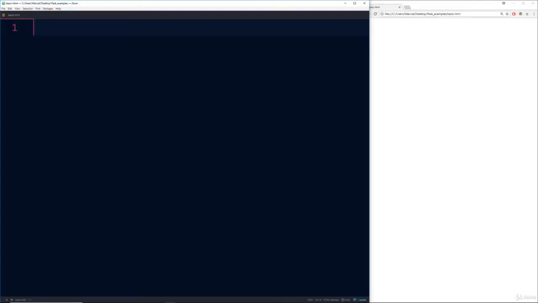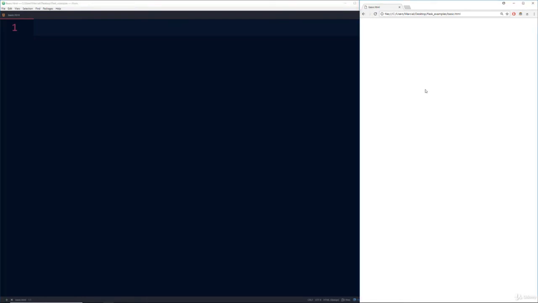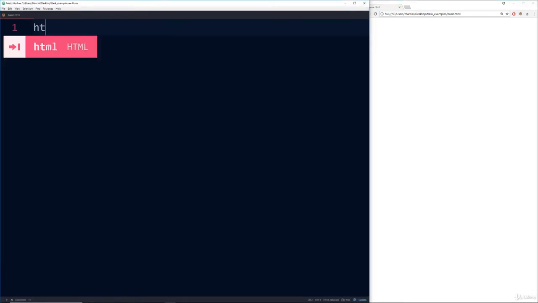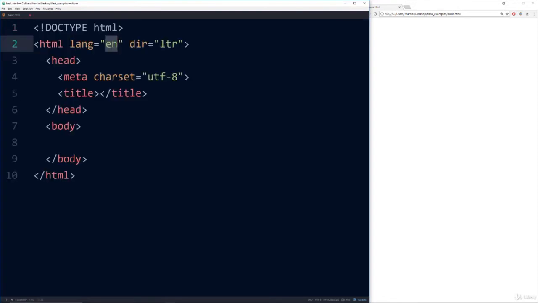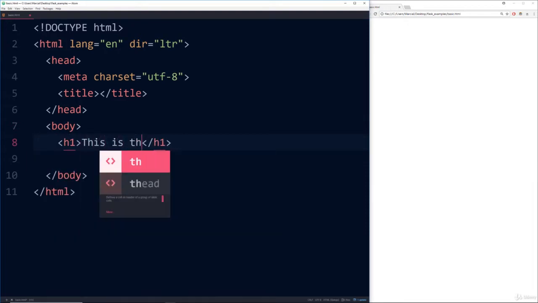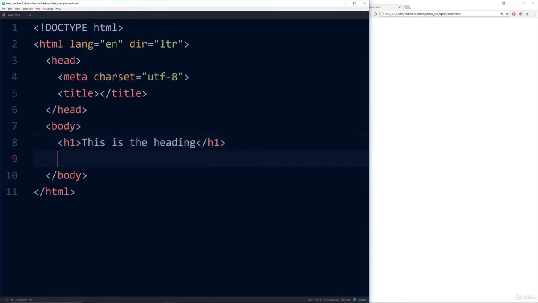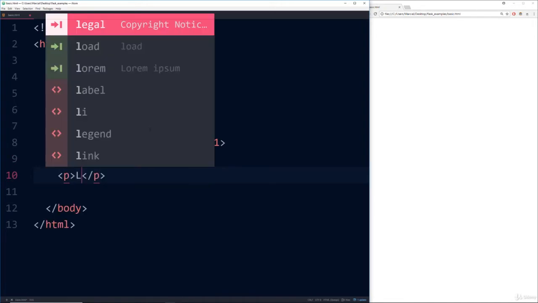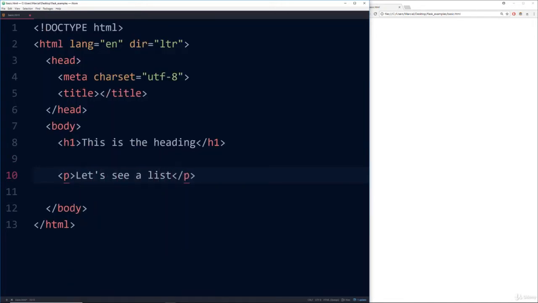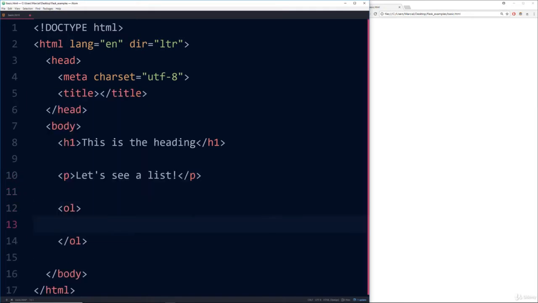Alright, here I am back at the text editor and I have my browser linked to the HTML file. What I'm going to do is just type out HTML, hit enter so it has the autocomplete, and then inside the body I'm going to add a few elements. I'll add a heading 1 and say this is the heading, and then I will add a paragraph, so let's do that as well. And the paragraph will say, let's see a list. Then after that, I'll have an ordered list. And then inside this ordered list, I'll have a few list items, such as item 1,